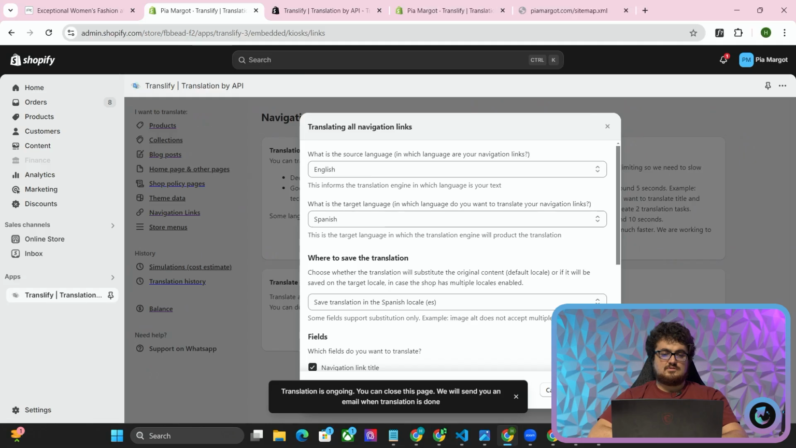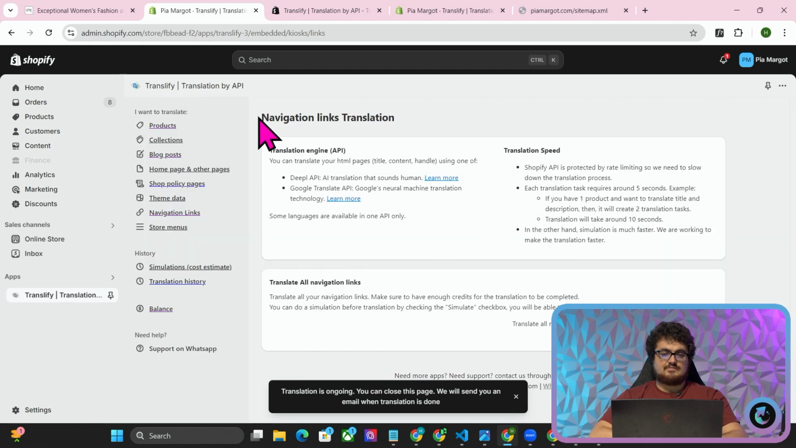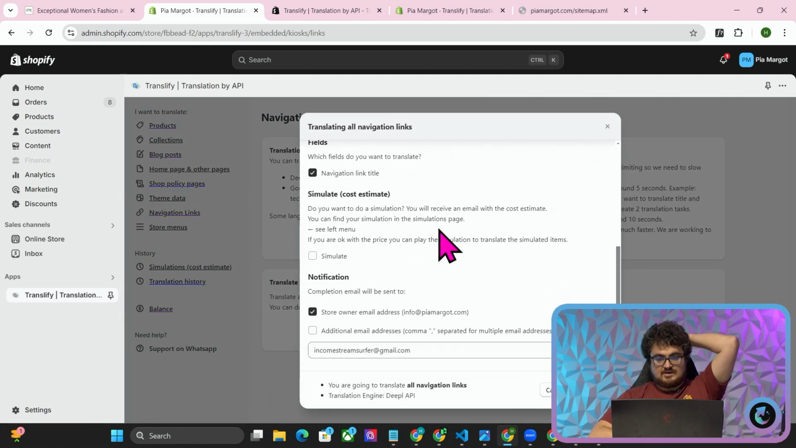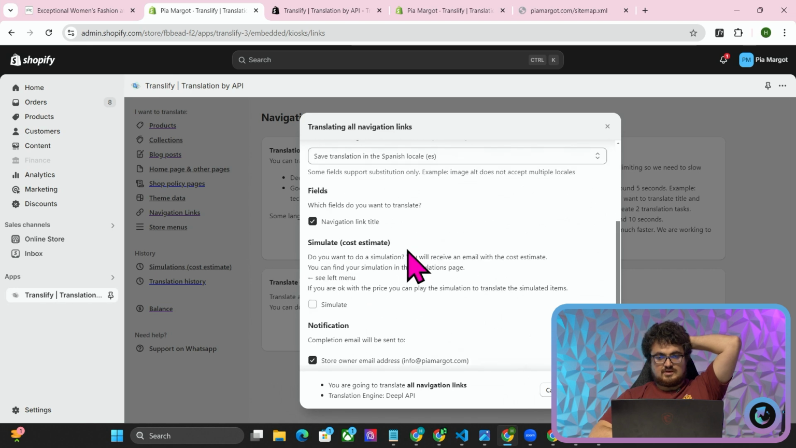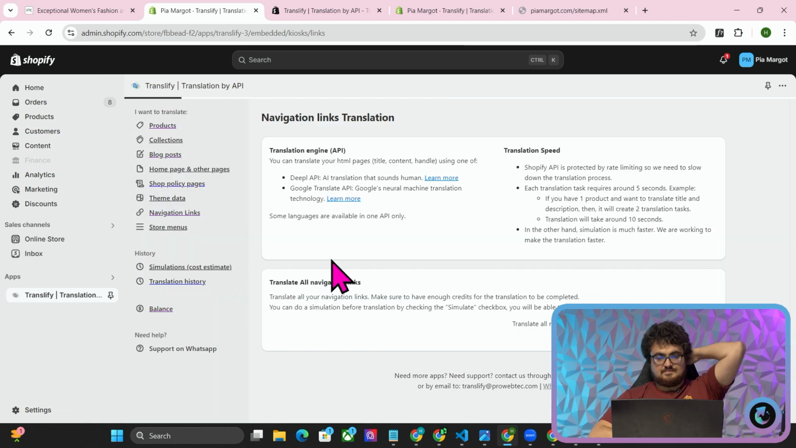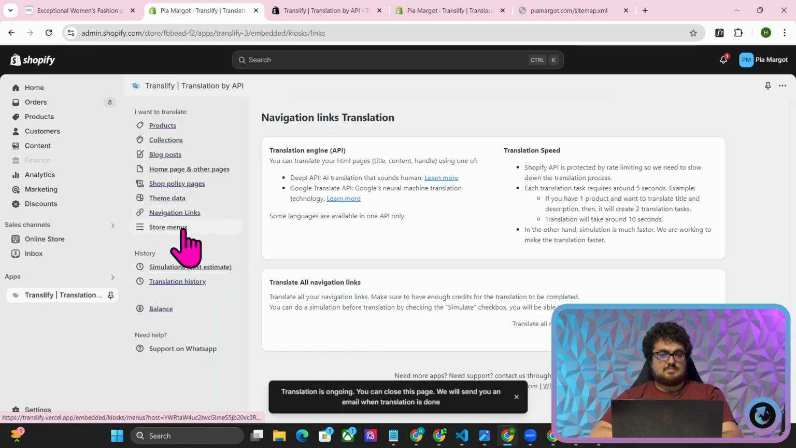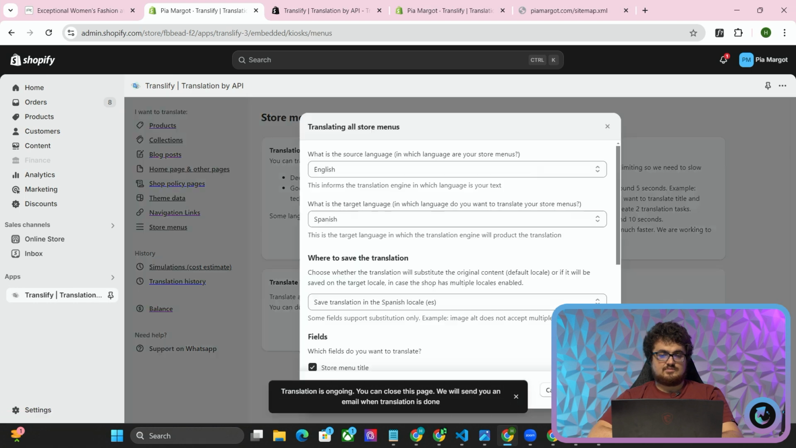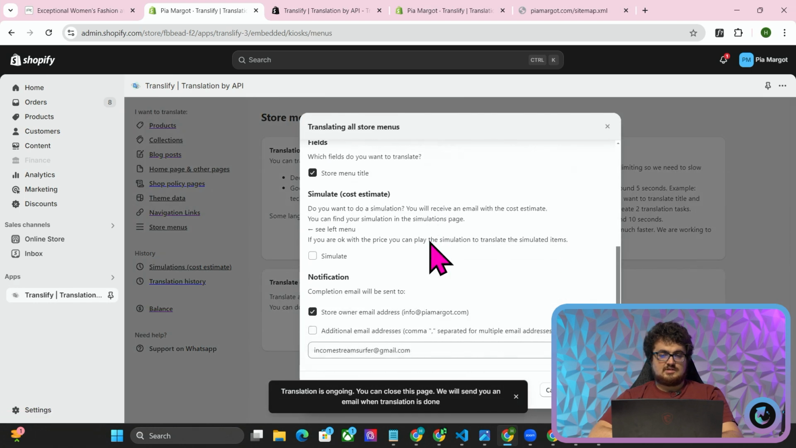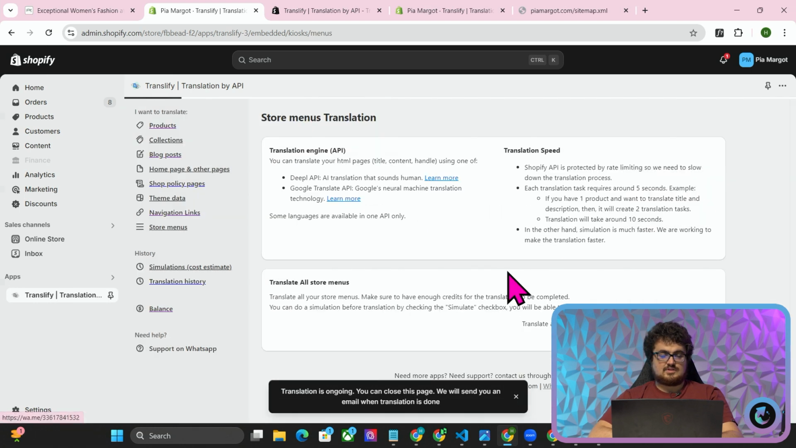So we'll do, oh, what is this? Navigation links. Interesting. So English to Spanish. Navigation link title. Okay, translate. And then we'll do store menus. This should be the final one. So we'll press translate, save it to Spanish, and translate. Okay, so now that is the entire store translated into Spanish, but into good Spanish, not into bad Spanish, into